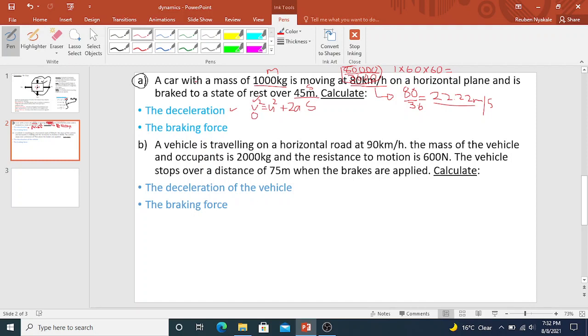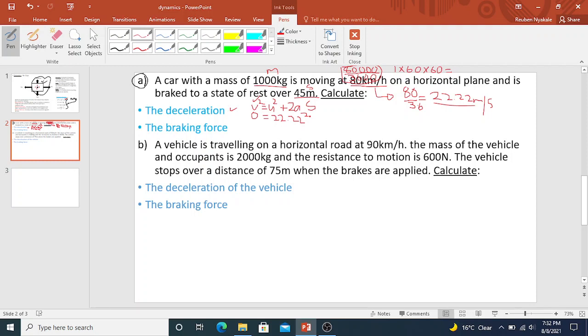Because when you read the given statement, they are saying a car with a mass of 1000 kg is moving at. Now, that's your initial velocity. This 80 kilometers per hour is your initial velocity. What is your v? It is your final velocity. But in this case, we are given the initial velocity. Do I have the initial velocity? Yes, I do have. It is 22.22